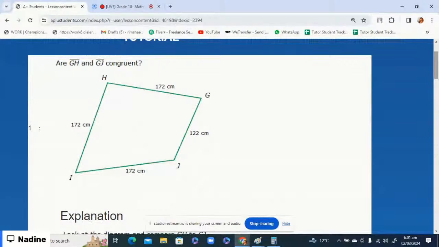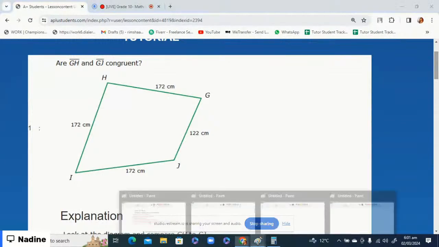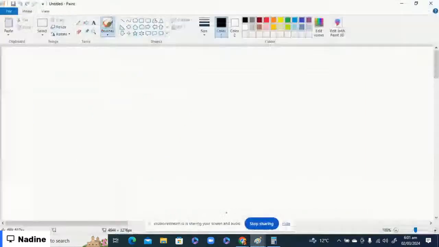First of all, I'm going to tell you what congruent basically is. So basically, congruent means having the same shape and same size,